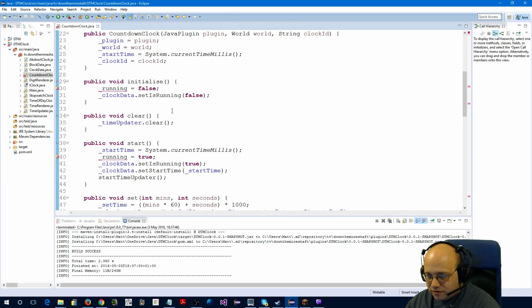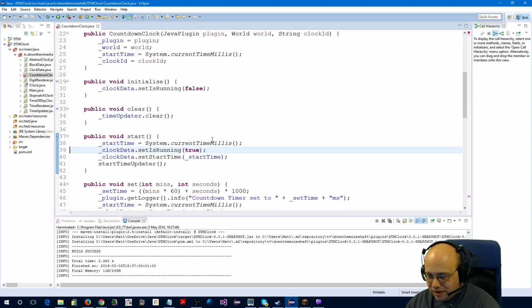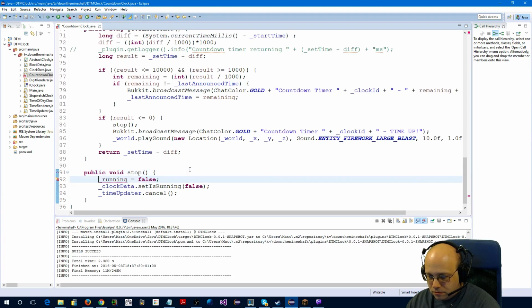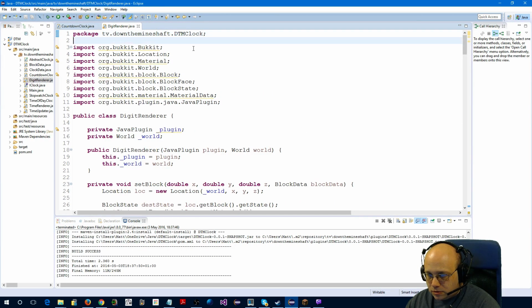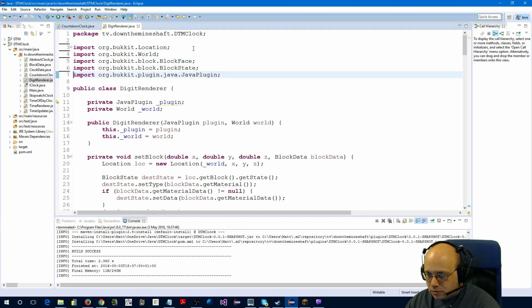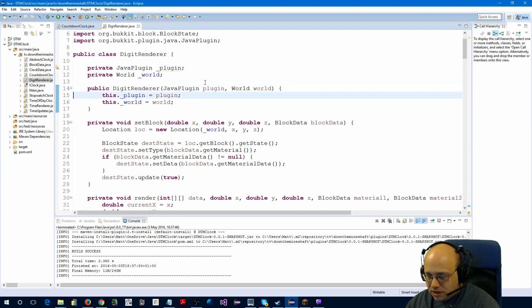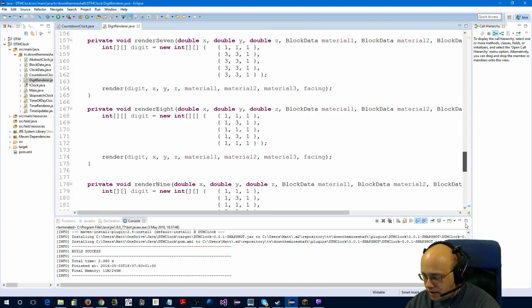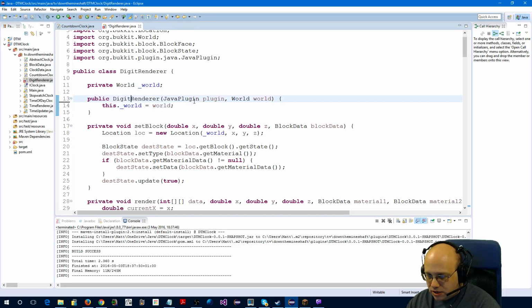all this stuff really. We're not using running in the countdown clock. Really? We're not using running? Excellent. And digit renderer. In some cases there are actually, so we're not using the plugin, but I'm going to leave it there because it's part of that interface. Why is it part of that interface? So if I'm not using it, why am I passing it in? Gone. Toasty. History. That's going to break something else, but